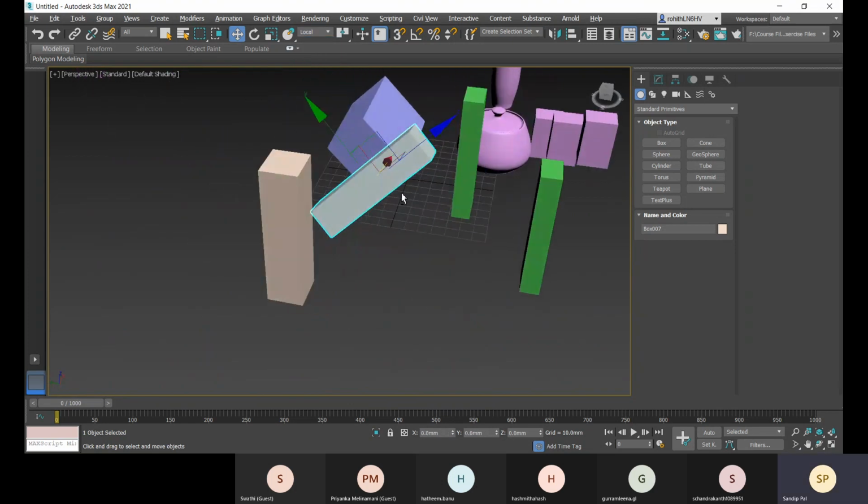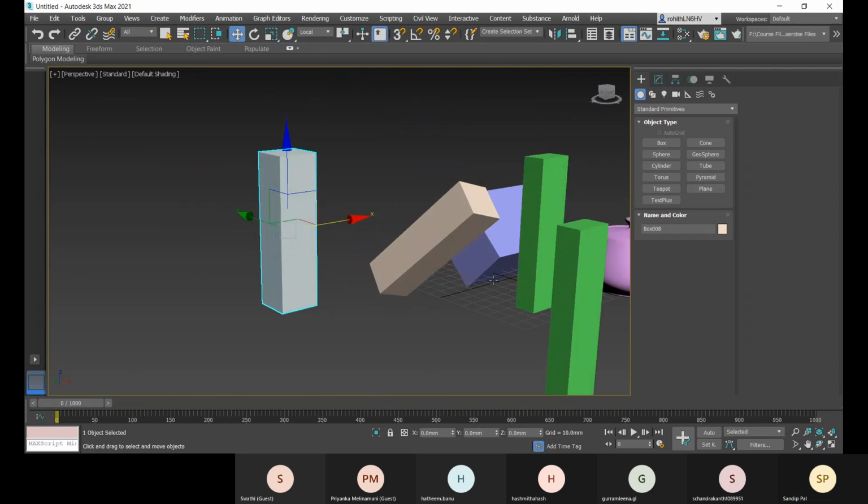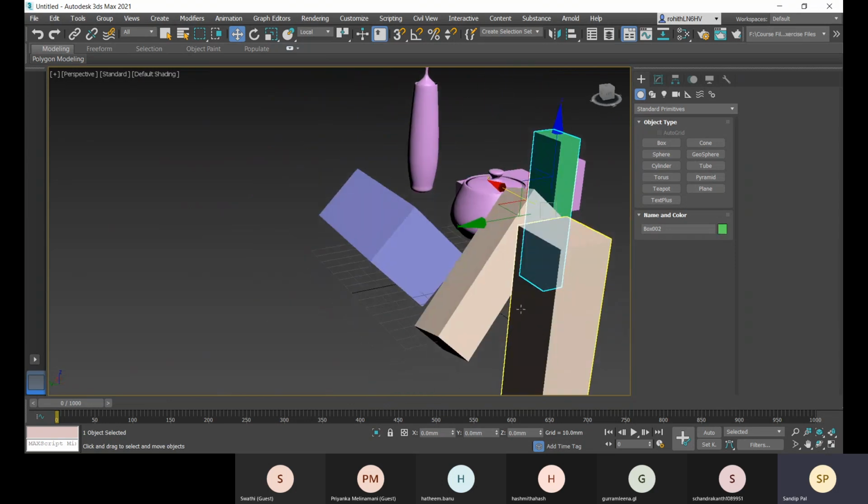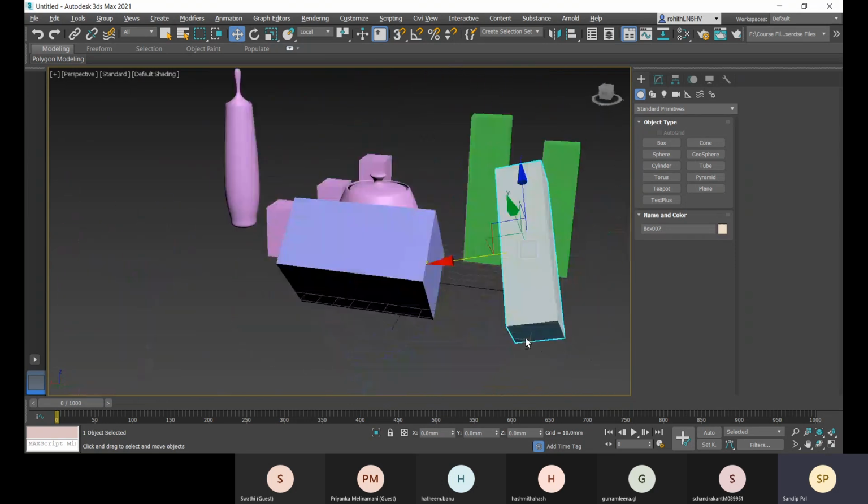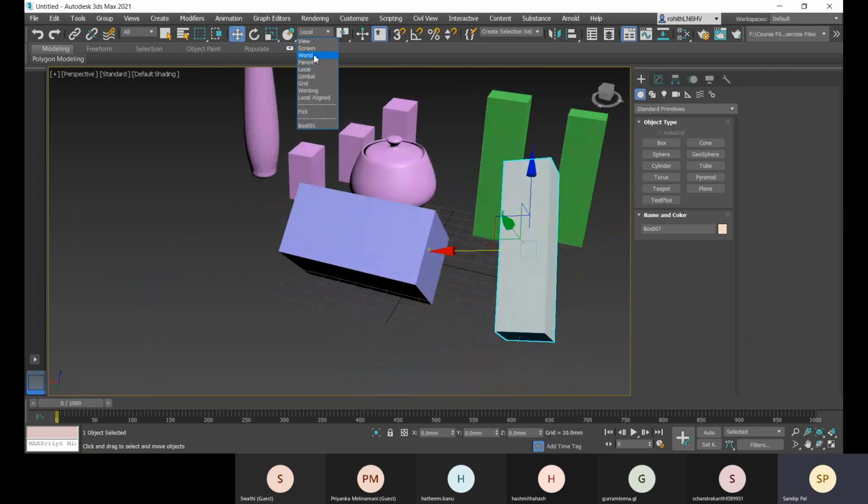Okay, so this is right now local. Whatever you select, it works as per that.